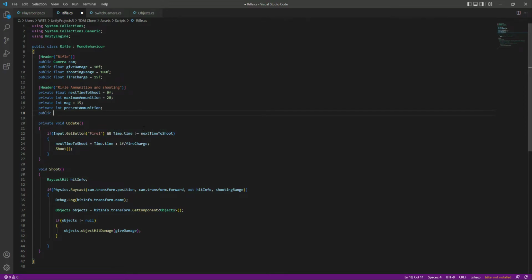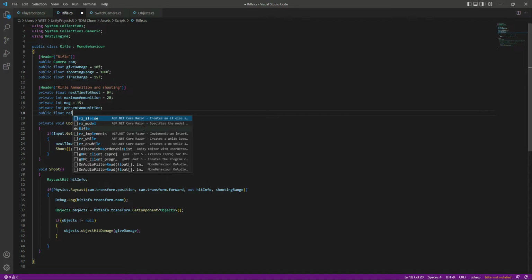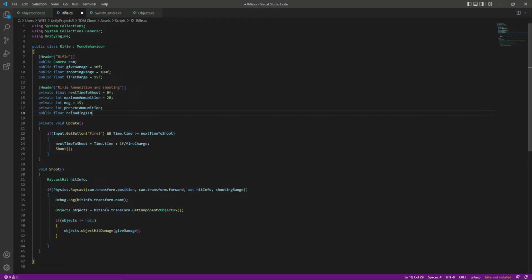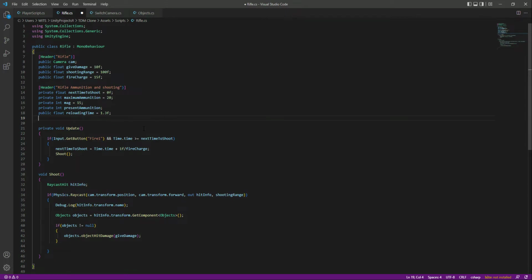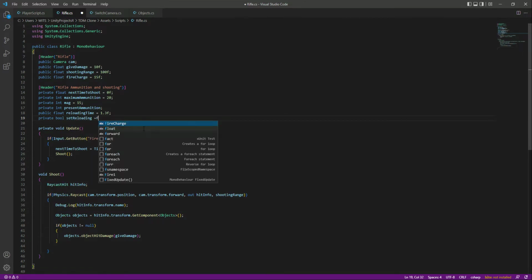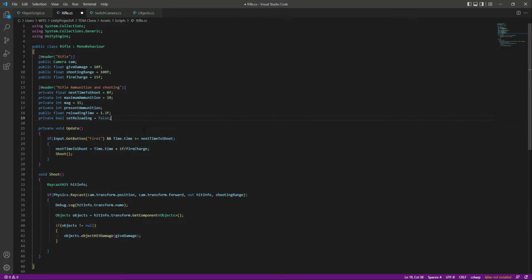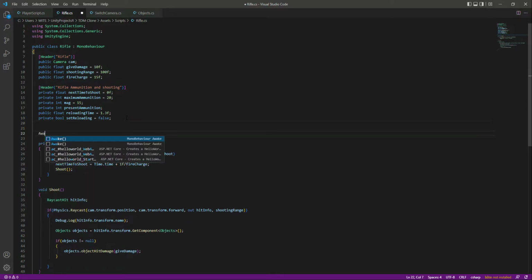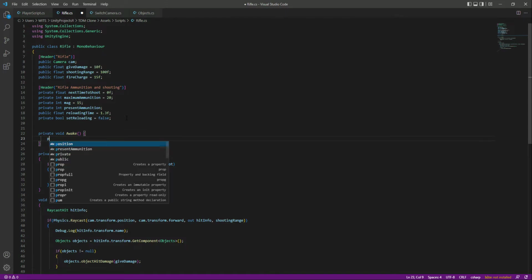And then let's create a public float by the name of reloading time. This will be basically the time in which the rifle will reload itself. Okay, or you can see the player will reload the rifle in this 1.3f seconds. Then let's create a public bool by the name of set reloading, and by default this will be equals to false. That's it. Now right here in the start, let's create a awake function, and in the awake we will